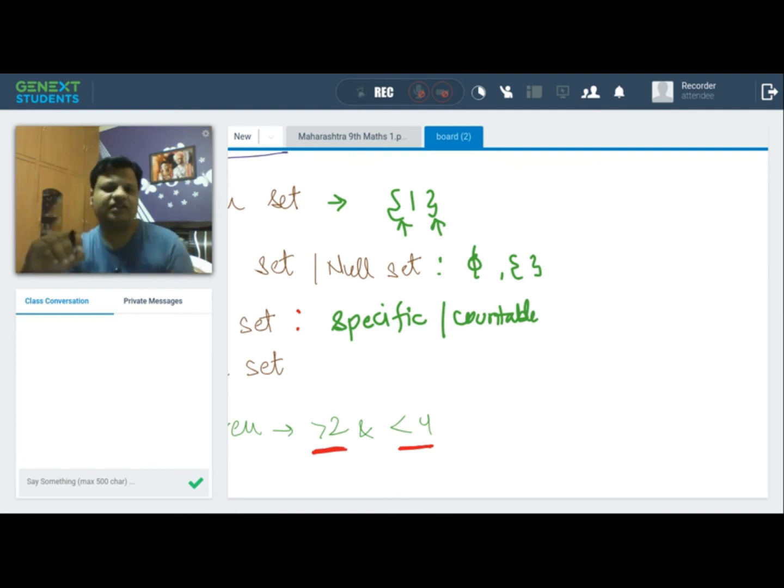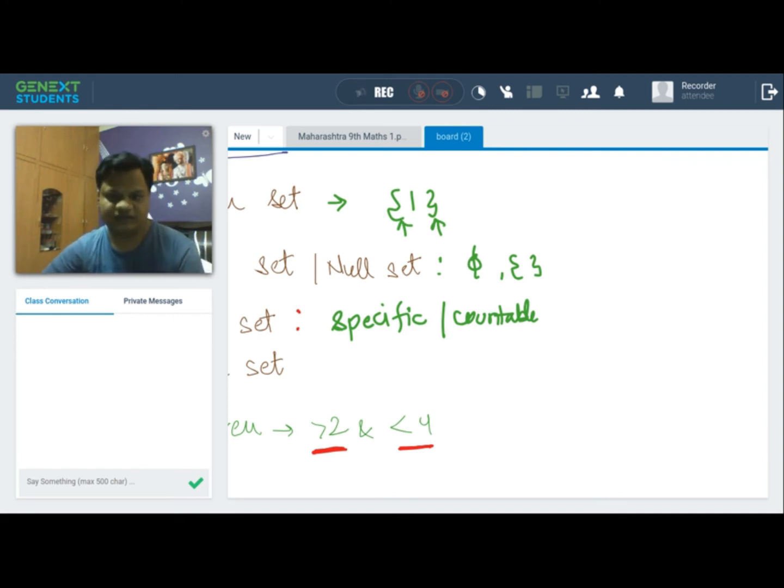So a finite set is a type of set in which we know about the elements that would be coming in the set, and that's it. There is no condition that we are not knowing the number of elements. In a finite set, the number of elements or objects in the set should be known to us. This is known as a finite set, right?